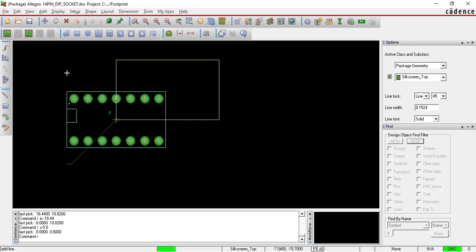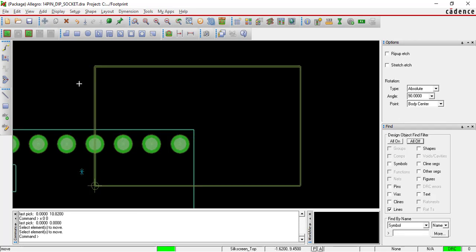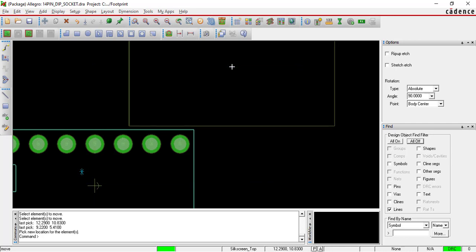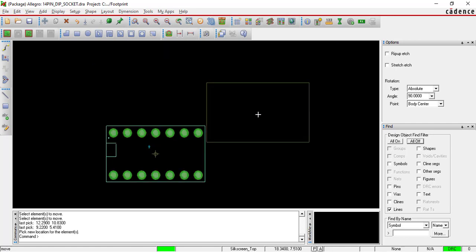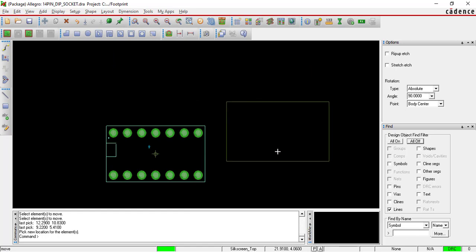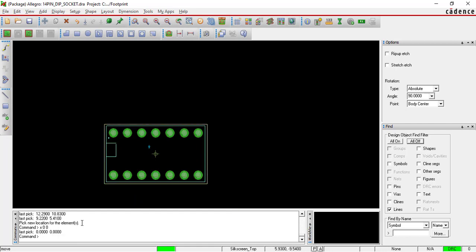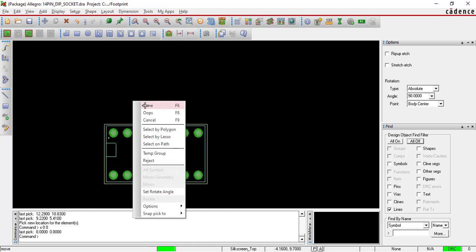Now see, now right click, done. Here move tool, just follow my browser, click on move tool, select from body center. Now click on the silk line. Now it is moving by the mouse point. Now come to the command window. Right here, x space 0 space 0 and press enter. See here how good it is placed. Wow, super.